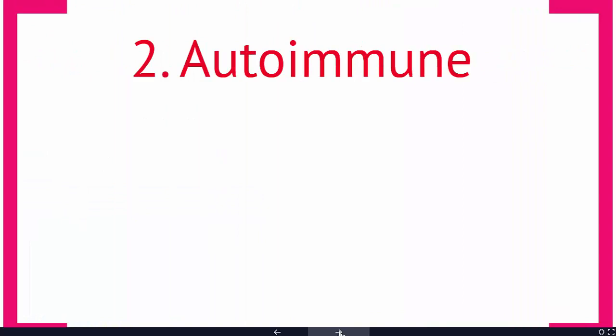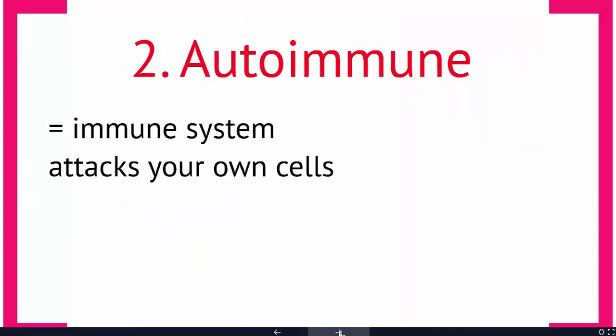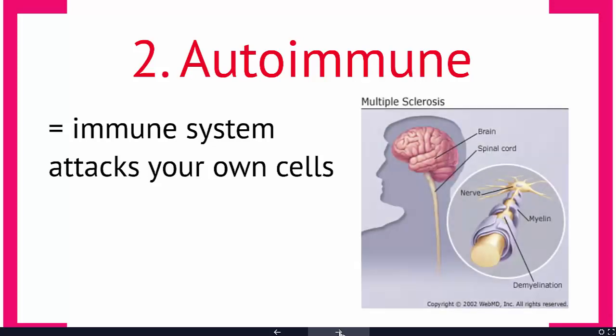Autoimmune diseases, auto means self. This is when our immune system starts attacking our own cells. So remember, it's normal for our immune system to attack non-self cells, but something's gone wrong here, and our immune system is identifying our own cells as non-self cells. Multiple sclerosis, MS, is an autoimmune disease. Your nerve cells have these additional cells that wrap around. They're called the myelin sheath, and in MS, your immune system actually attacks and starts to break down these cells. And it's a little bit like the plastic around electric wiring. Your nervous system starts to short circuit if it doesn't have these protective cells.